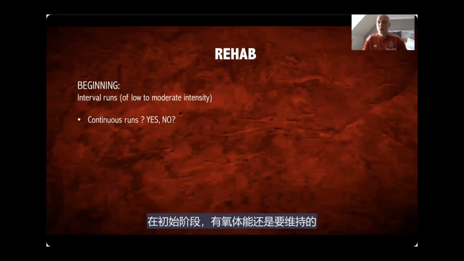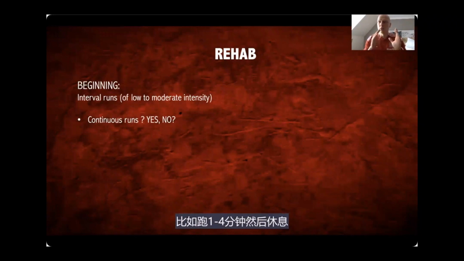In the beginning, also, when it comes to conditioning, so when we want to improve aerobic and anaerobic capacities, I suggest you do interval runs. Now, everyone says, okay, but how should we start interval runs because it's high intensity. Here, I'm not talking about high intensity interval runs. It's low to moderate intensity running, but I think it's much safer because when we tell the player to run for 1, 2, 3, or 4 minutes, and then he can stop or he can continue to walk for